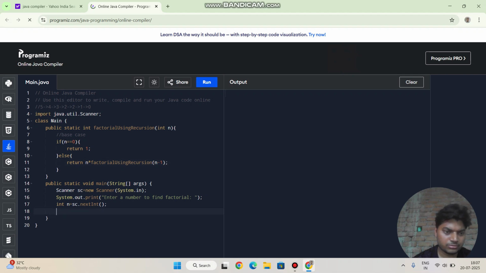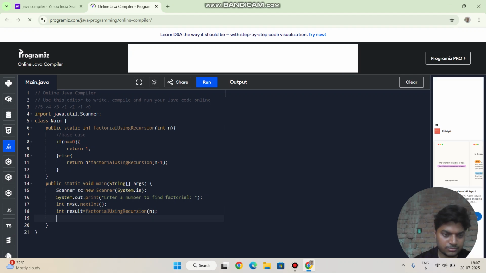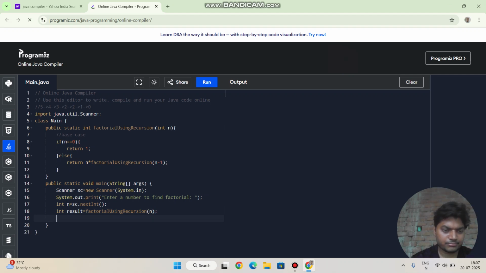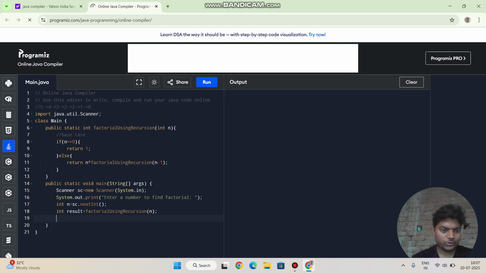I am going to just store the result and print it. Result is equal to factorial of n. I need to write an output statement.